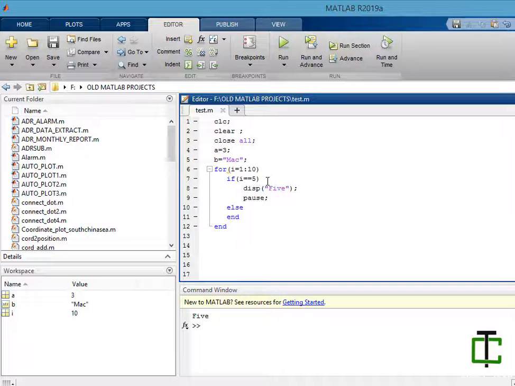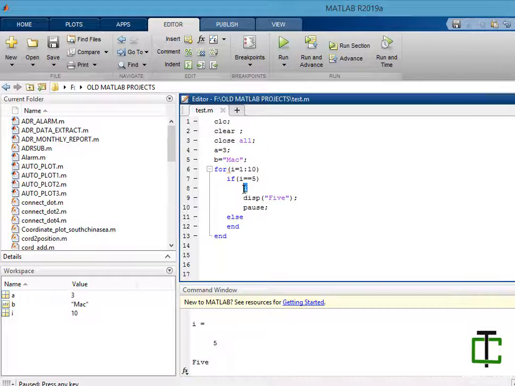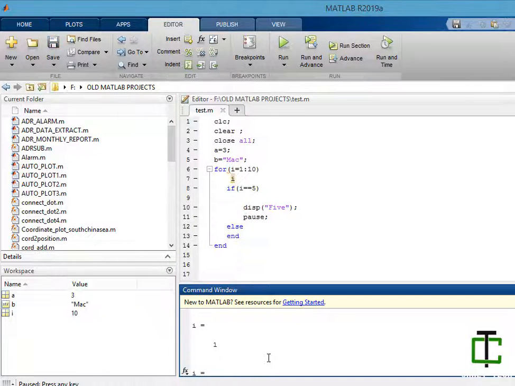So we can see it by displaying a value of i here also. Here you can clearly visualize it. Okay, let's play, have a value i here. Okay, i equals 1, 2, 3, 4, 5. Here you go, it stops here. Now I hit any key, let's hit enter. Now it will execute further.